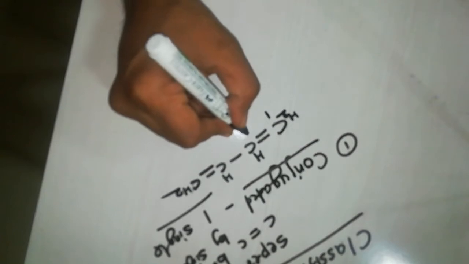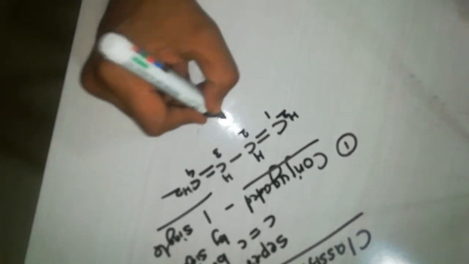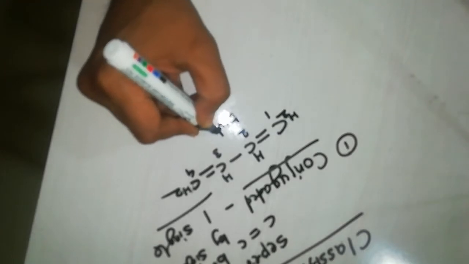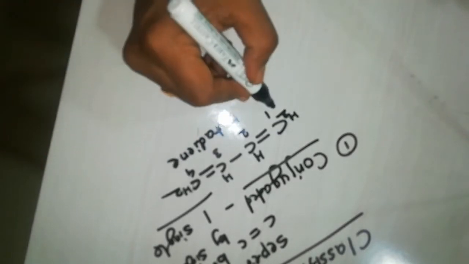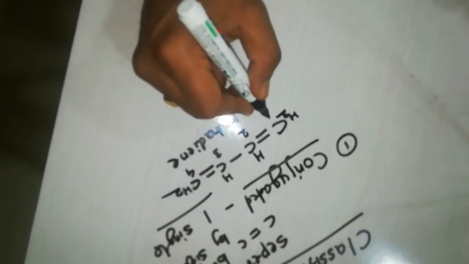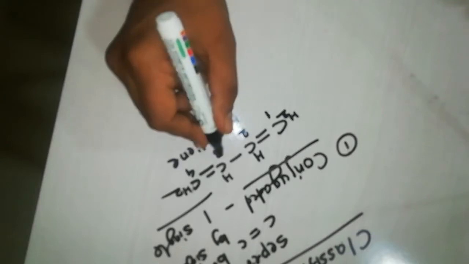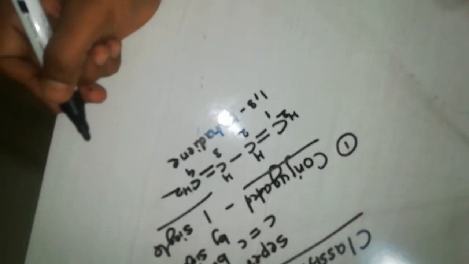These are named like this. Select the longest chain, number them, and the parent hydrocarbon is butane, so the name of the compound is butadiene, and you have to prefix it with a suitable locant of the double bond. The double bonds start at carbon number 1 and carbon number 3, so it will become 1,3-butadiene.